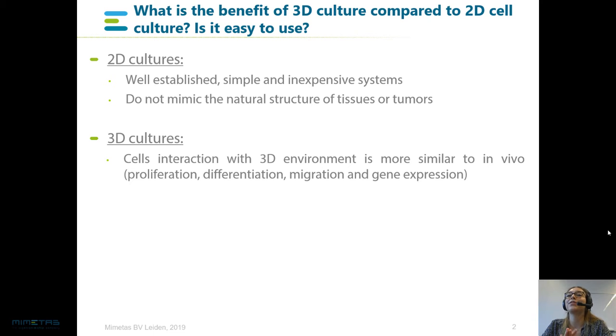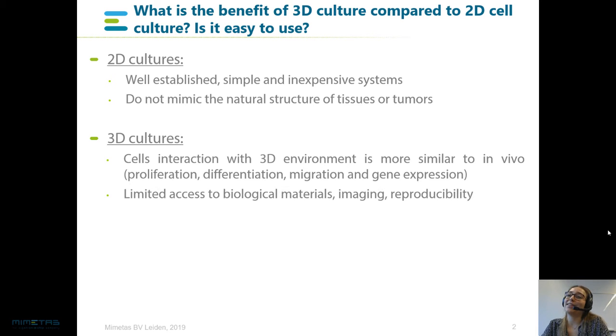Now, is 3D cell culture easy to use? Well, that depends. Most systems are complicated. Some systems need tubes and pumps. Some don't permit separating the access to the apical and basal compartments. In some, it's difficult to collect cells or secreted factors for biochemical assays. And also, analyzing with microscopy can be challenging with certain ECM gels.